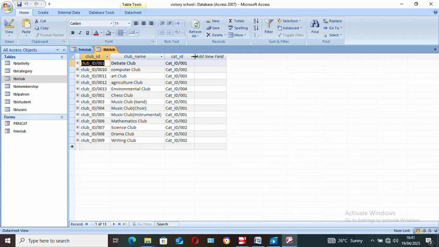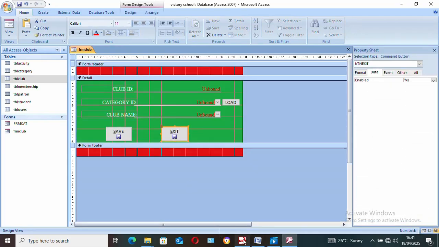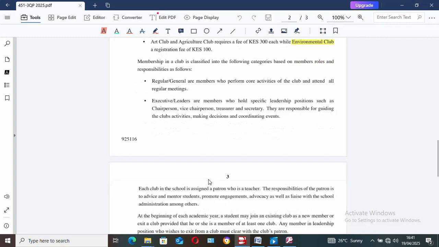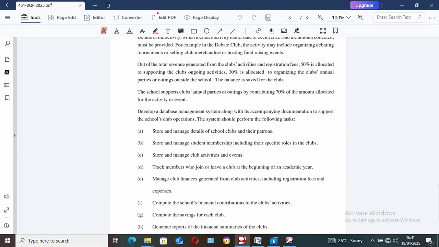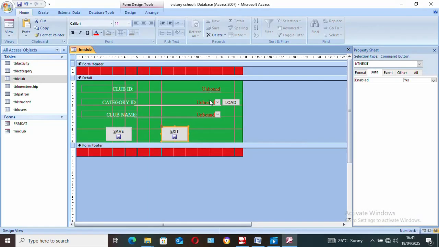So I think maybe you are asking yourself, how do you know the registration fee for each club. So I said this one using a query. So let me see whether there is a question like that on the paper. Not yet. So you're going to see, so we are going to come back. But what I was trying to say, we'll come to that one when we come to the query, so I don't have to give you information that you don't need, sorry for that. So having done that one,